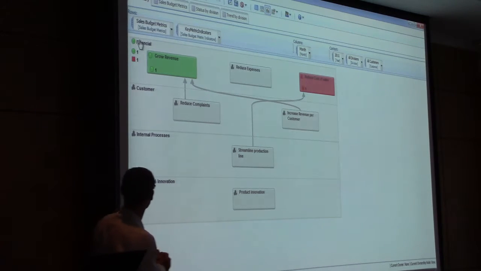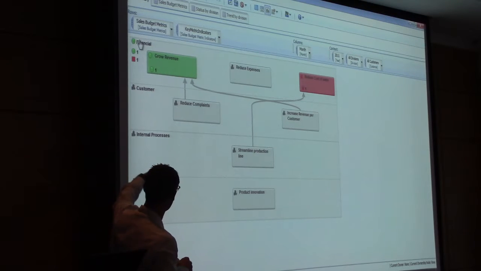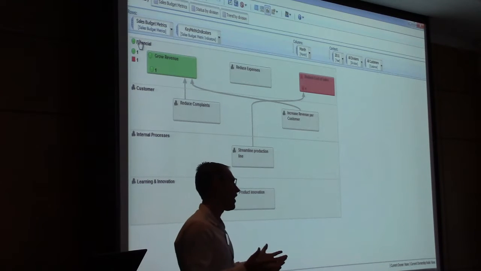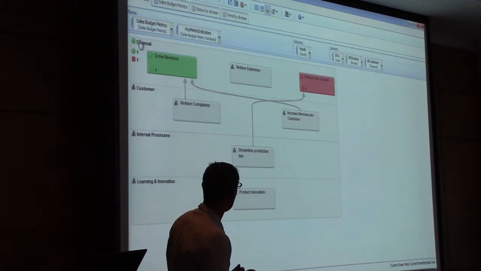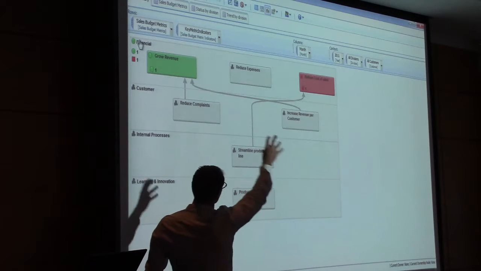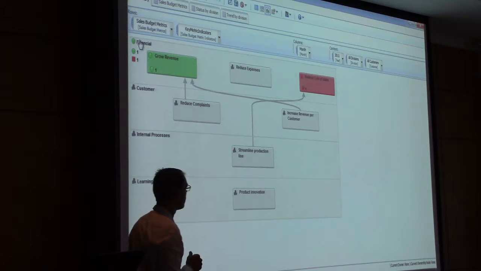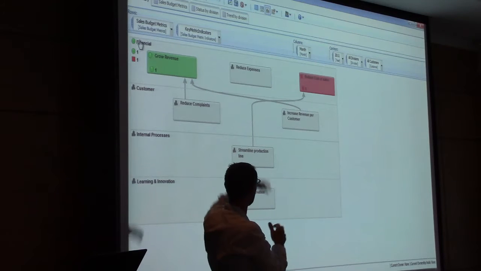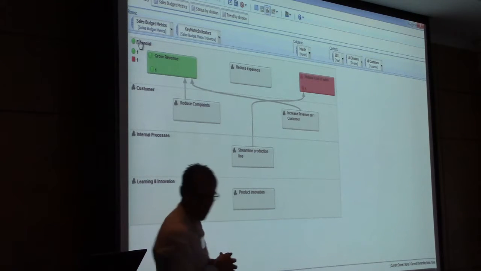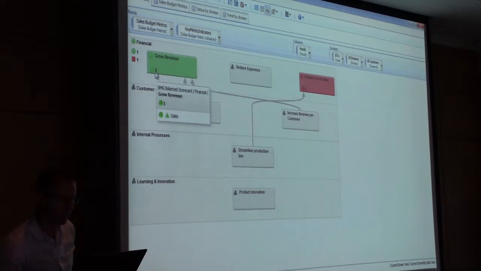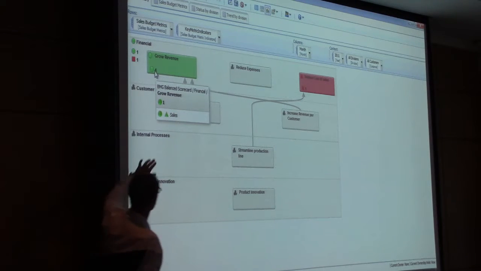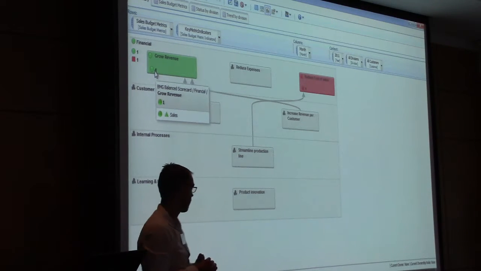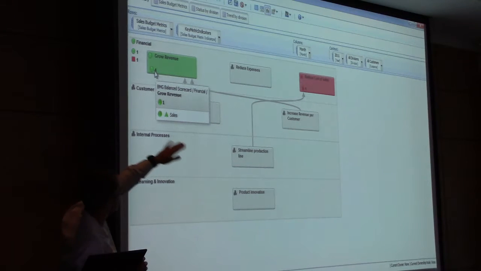So for those of you that know balanced scorecard, you know there's usually financial, customer, internal process, and learning and innovation. That's kind of industry standard. You can go Google, there's a whole lot on there. But the individual line items or boxes within the hierarchy, you actually get to define those. So under financial, we want to grow revenue, reduce cost of sales, reduce expenses. It'll tell me how many objects are active within that area. And the little icon says that revenue is favorable, and the trend, the little triangles, it's going up. So revenue is going up, which is great. The other dials at the top continue as before.